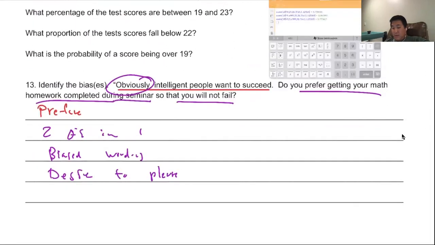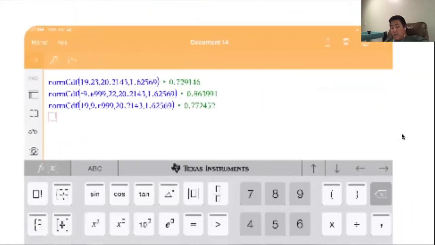Test scores, and then obviously the biased wording. Two questions. One is: do you prefer getting math homework done during seminar? You have to have two questions in one, so the first part prefaces it. You don't want to succeed and desire to please. There you go. This is what you need to type in